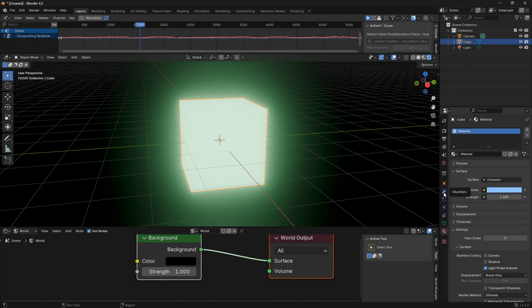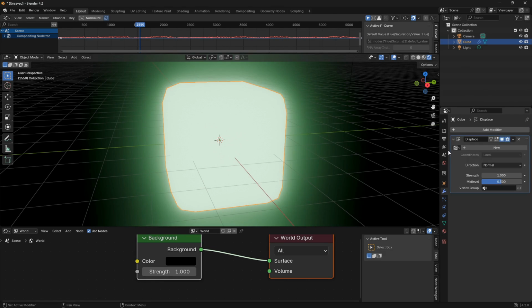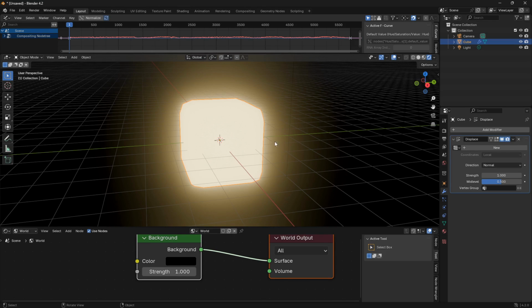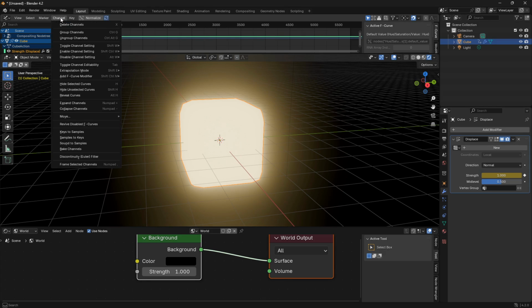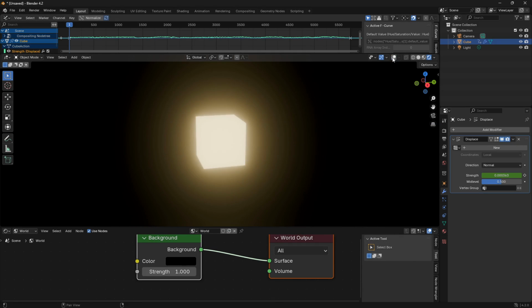Now if you go to the tool icon here and go to add modifier, we can bring in a displace modifier. Just make sure that you're on the first frame in the timeline, and we're going to use the exact same technique but just on this displace. We're going to animate the strength of this displace, so just hover your mouse over it and then press I for insert, and now we have a new keyframe here. Then we can go to channels and then sound to samples and bring in our tune. Now if I were to play this,